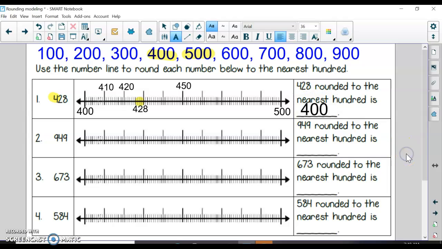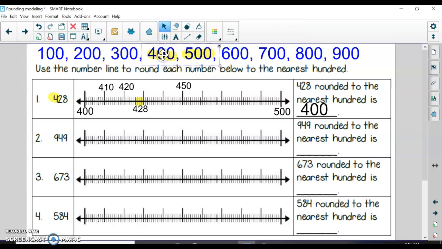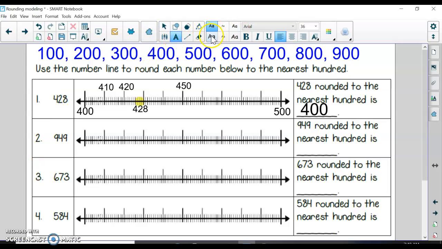All right, you guys. We're going to do one more example together. Before I do that, let's refresh. Okay, get rid of those highlights. Okay, so our next problem we're doing the same thing, but now we have 949, okay? And I already know that 949 is in the 900s. Now, I didn't include on this skip counting chart what comes after 900, but honestly, that is something we should know. After 900 comes